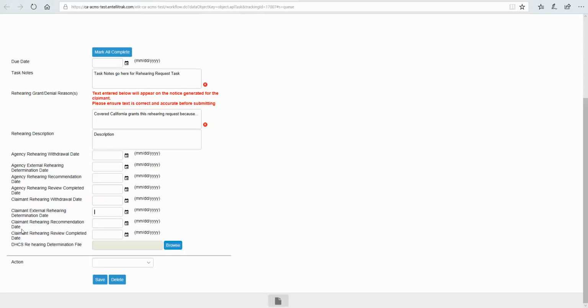The rehearing recommendation date: if Covered California is not taking a stance on whether they're going to rehear or not, they can put their recommendation in and the date they made that recommendation. And then this rehearing review completed date is for State Hearings to put in the date. So basically, again, we're tracking the date of the rehearing and the progress, the different steps that it's going to be taking,